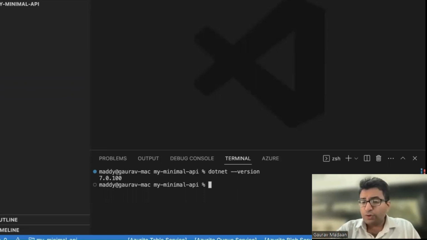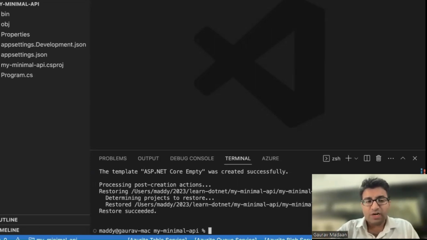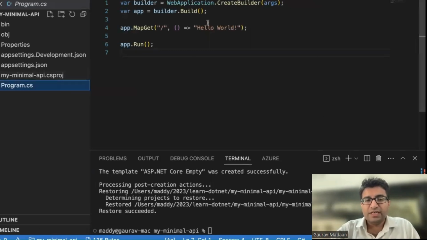Whenever you want to start, all you need to do is run a simple command here saying dotnet new web. You can see here, it creates a small structure. Let's go into the Program.cs. You can see here, it's a web application class, and